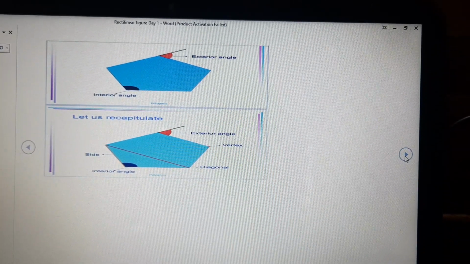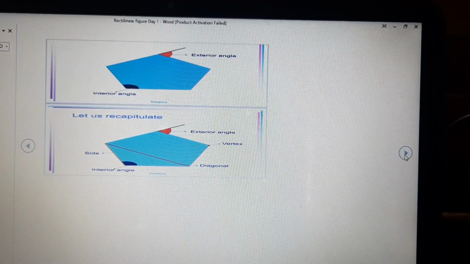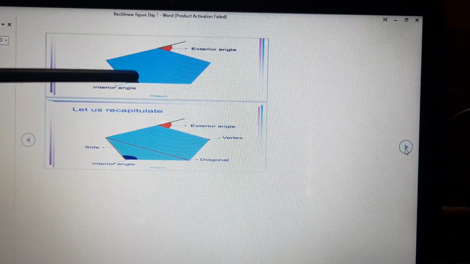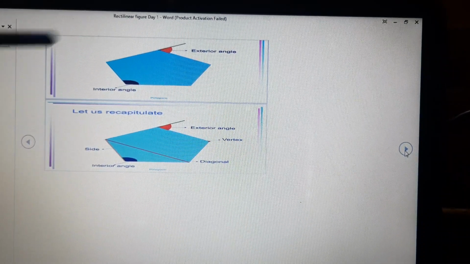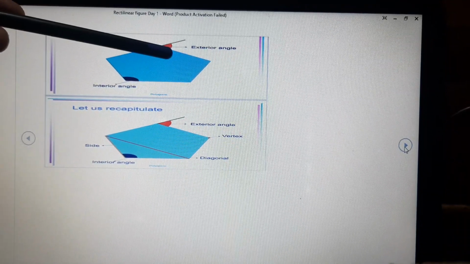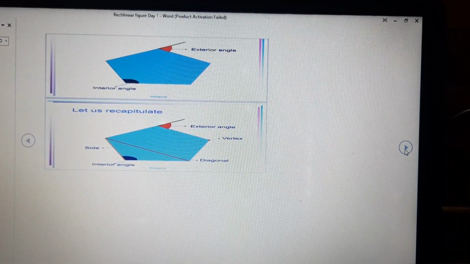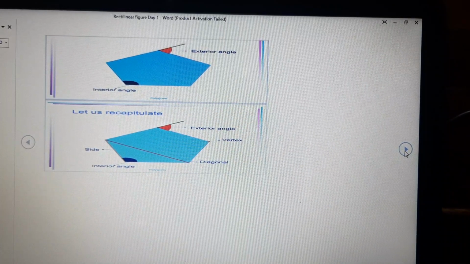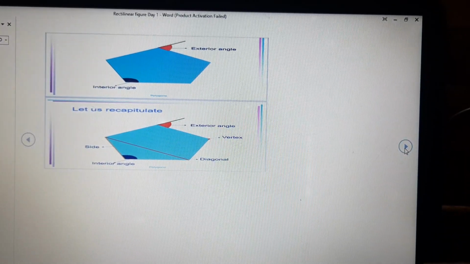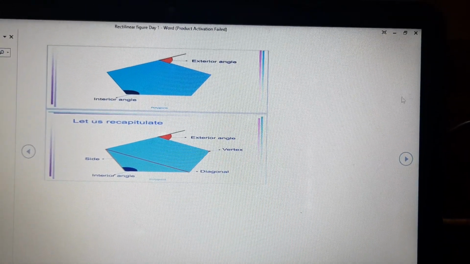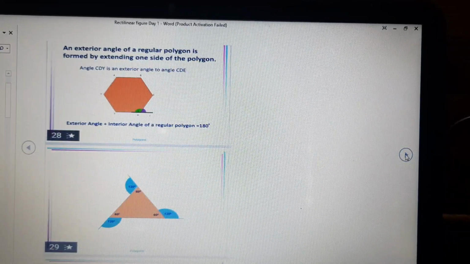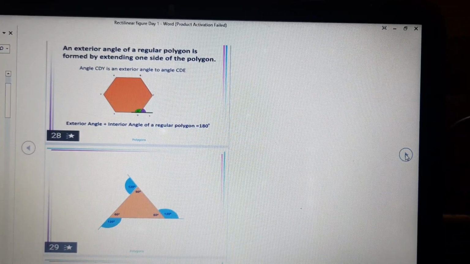All this is recapitulation. You know all about what is an exterior angle and interior angle, but we are revising once again. Interior angles are the angles formed inside the polygon, and if we extend one of the sides of the polygon, then this kind of angle is formed, which is shaded with red. It is the exterior angle. As you can see, interior angle and exterior angle form a linear pair, so we come to the conclusion that the sum of an interior angle and its exterior angle will always be 180 degrees.